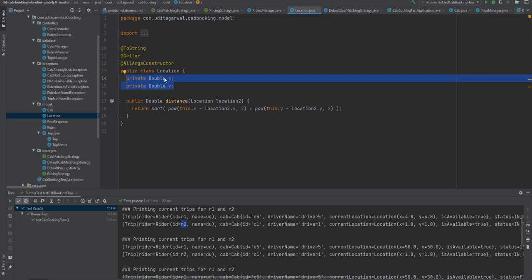The location of a particular rider can change, the location of a particular driver can change, but a location in itself cannot change. So the idea is we should make x and y immutable, meaning once they are set, they are not allowed to change. I have made them immutable by not exposing a setter for them. Once a location is created using a constructor, the location is fixed and those xy coordinates are not updated.